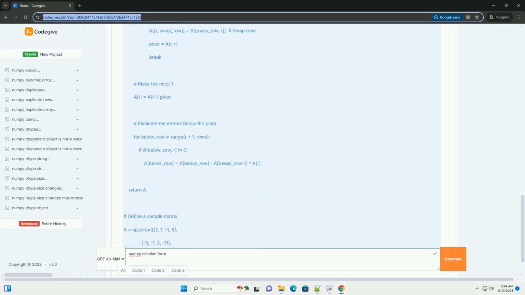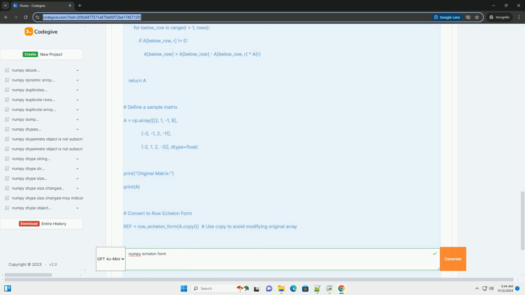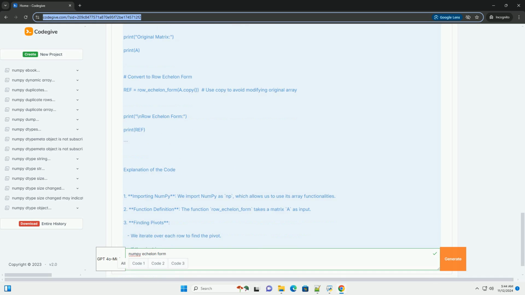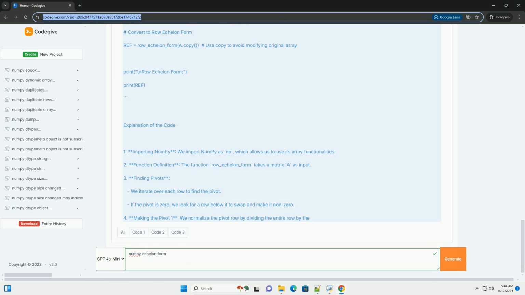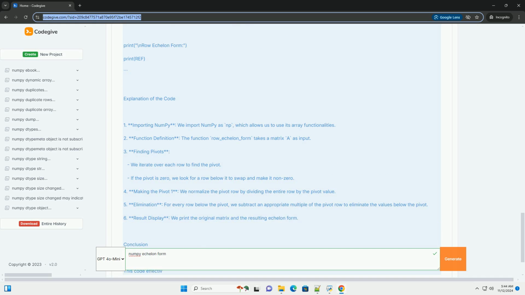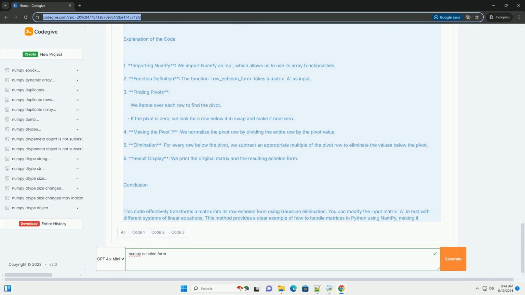2. The leading entry, also called the pivot, of each non-zero row is 1 and is to the right of the leading entry of the previous row. 3. The leading entries, the pivots, in each row must be strictly to the right of the leading entry in the previous row. In this tutorial, we will demonstrate how to convert a matrix to its echelon form using numpy